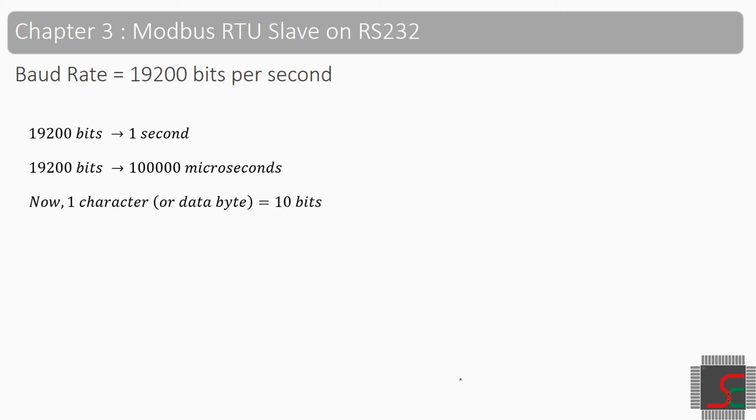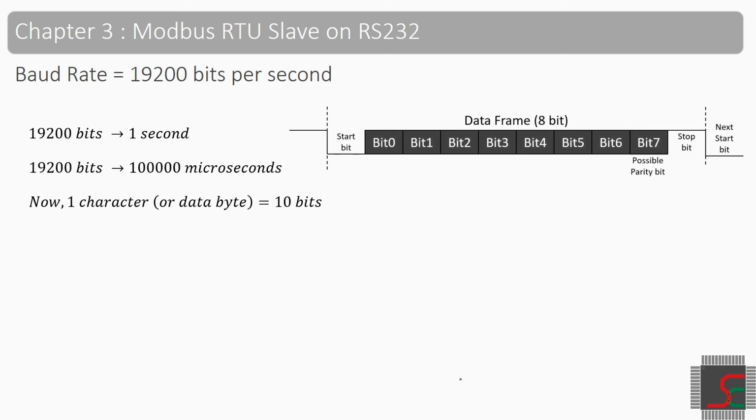Remember on slide 4, RS-232 consists of a start bit, then the data frame of 8 bits and a stop bit. So the total packet size is 10 bits. So for actual transmission to occur, the device will send out 10 bits. Though the start and stop bits are not used by us, we should consider them for character transmission timing. So this way, one character on RS-232 is 10 bits.